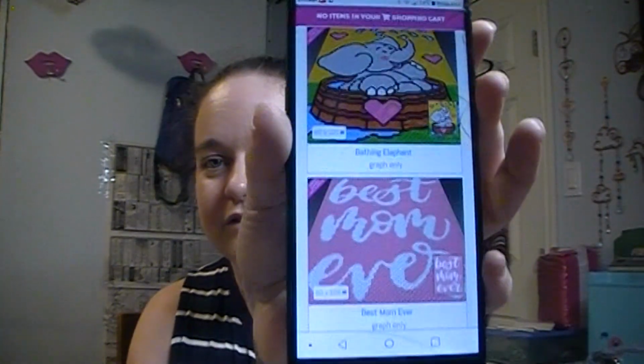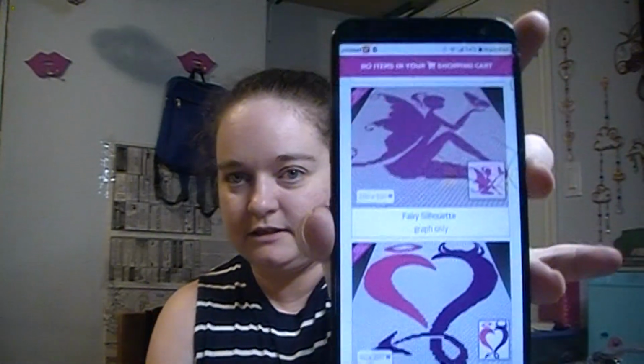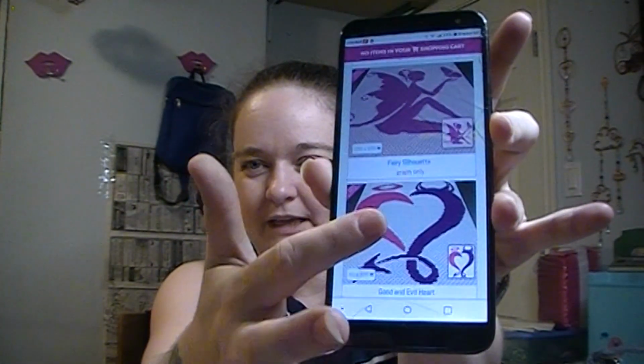So here are two more of the patterns that I've been able to get through the newsletters. Now one that I actually purchased, see, I've got a ton of them. See, I dig the day and night hourglass. That one's pretty cool too. But one that I actually purchased is this one down here. I believe I purchased that one. I haven't done it yet, but I'm pretty sure I purchased that one. And then this one here,